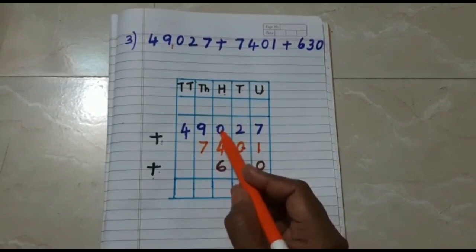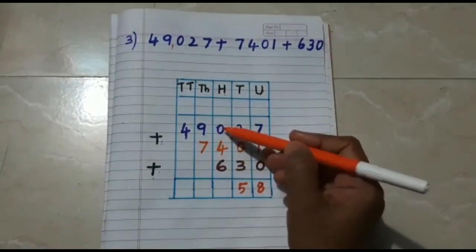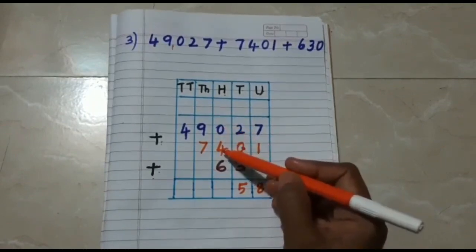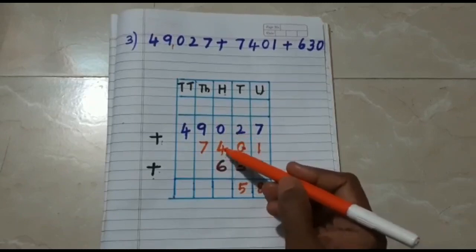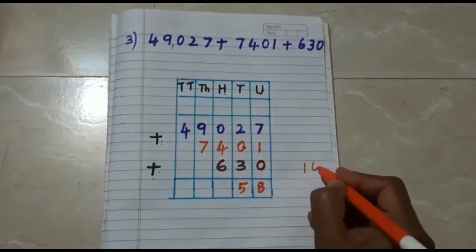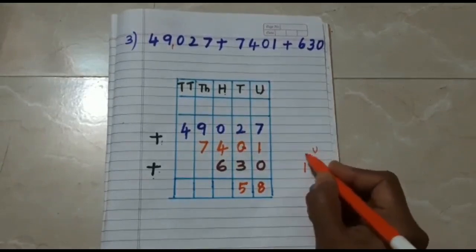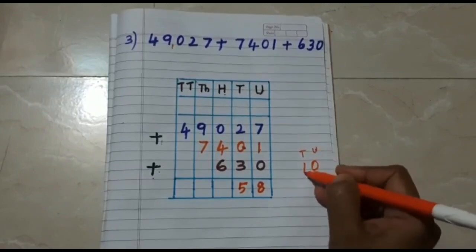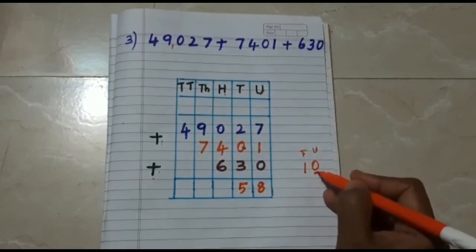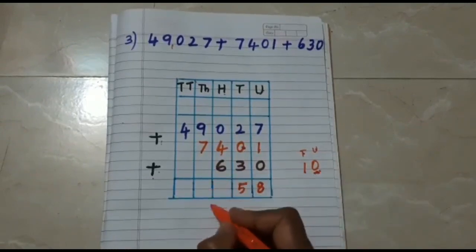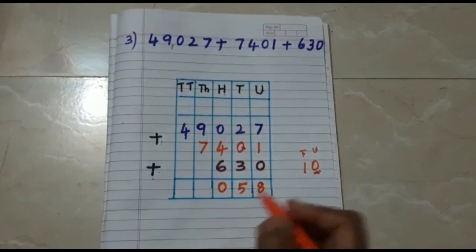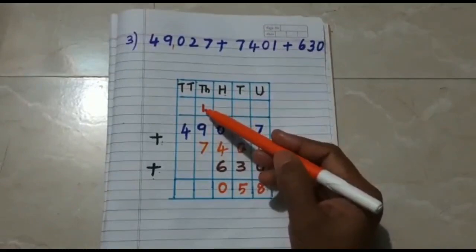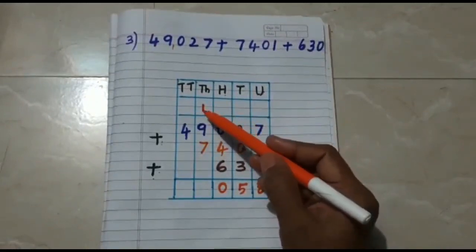Now as we finish with tens, we'll move on to hundreds. Now 0 plus 4 is how much? 4. Because 0 doesn't have any value. So 0 plus 4 is 4 and 4 plus 6 is 10. As I've told you, the place value of this 0 is units and the place value of 1 is tens. So I'm going to write the digit which corresponds to the units place. So I'm going to write here 0 and this 1 I'm going to carry over here. Followed? Now as we finish with the hundreds, move on to thousands.